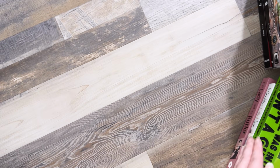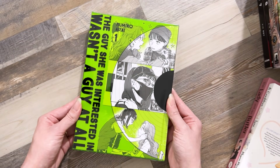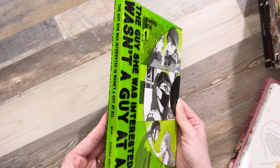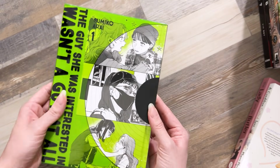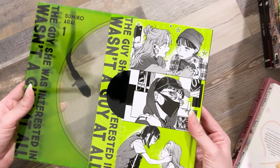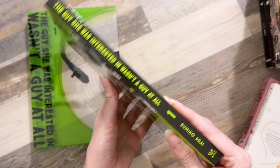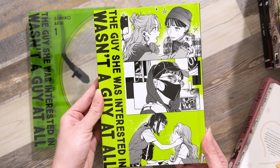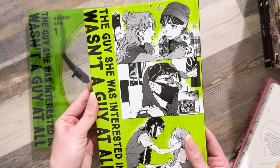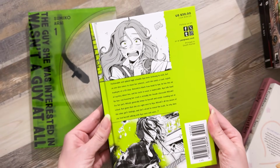Next, I have a Yen Press exclusive variant for volume 1, and this was from the Yen Press online store for this hardcover release. And this isn't my favorite cover of all of the variant covers that they've had so far, but I just loved that it was hardcover, such a deluxe feel to it,